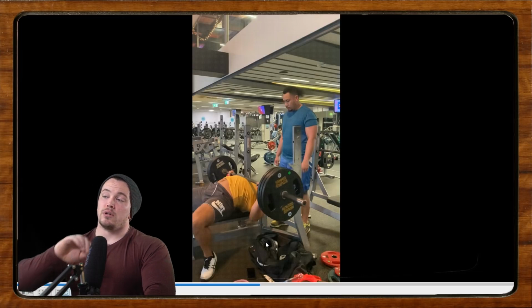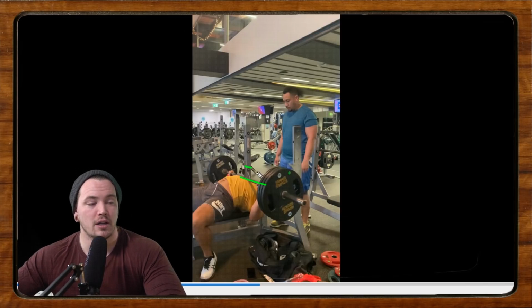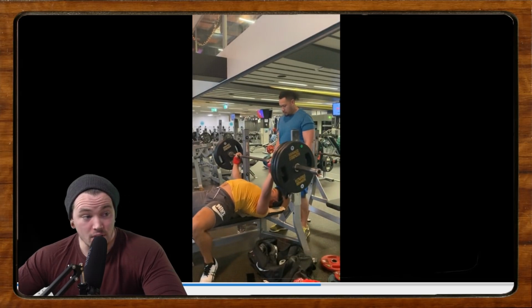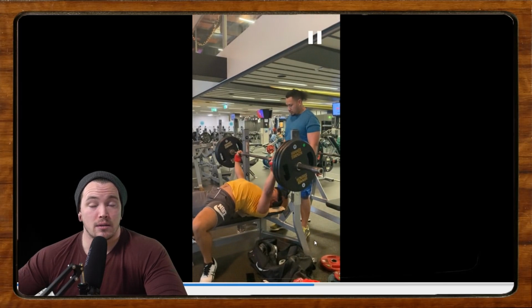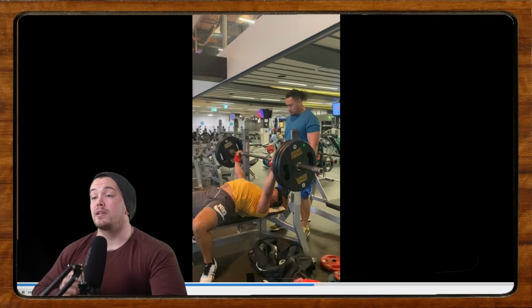Number two, very loose to the chest, right? We're controlled to about here, and then the bar just free falls into your torso. We need more control to the chest, right? Generally speaking, most of my trainees, especially newer lifters who are struggling with consistency, I'm going to coach them to touch lighter, right? Have more control when that bar is on your chest,